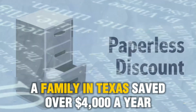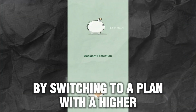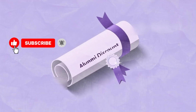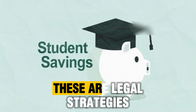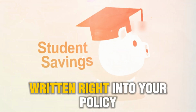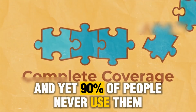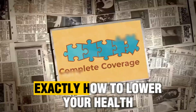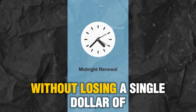A family in Texas saved over $4,000 a year by switching to a plan with a higher deductible, but pairing it with an account they had never heard of. These are not loopholes. These are legal strategies written right into your policy, and yet 90% of people never use them. Today, I am going to show you exactly how to lower your health insurance premium without losing a single